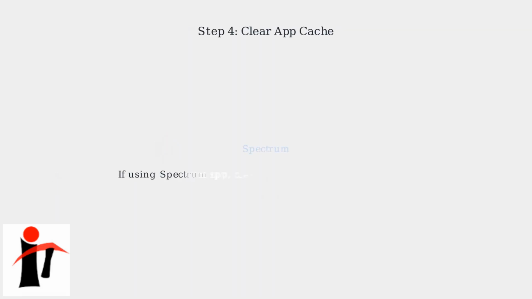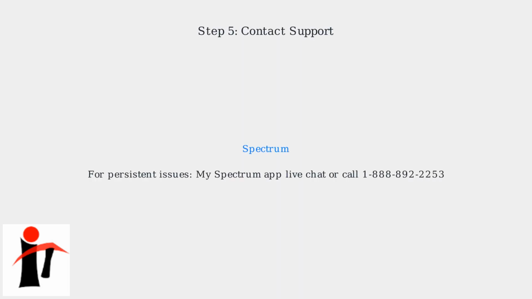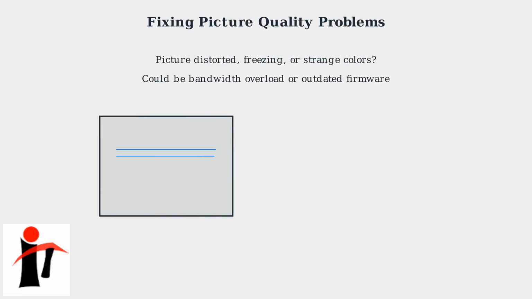If you're using the Spectrum app, clear the cache to resolve viewing issues on your mobile devices. For persistent issues, use the My Spectrum app for live chat with support or call 1-888-892-2253. If you're getting a signal but the picture is distorted, freezing, or has strange colors, you may have a